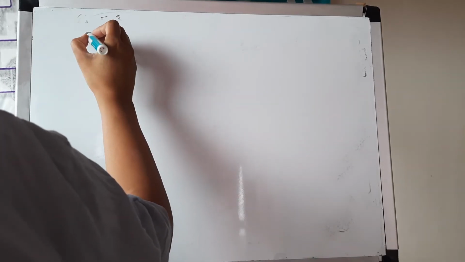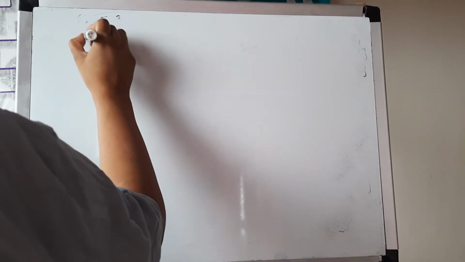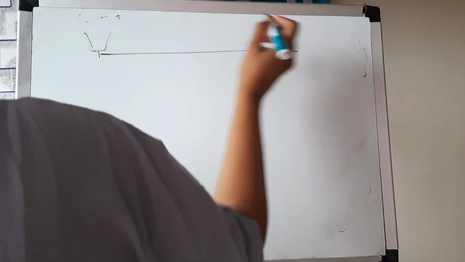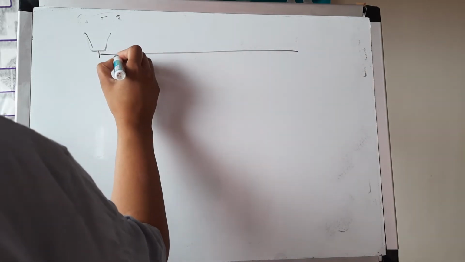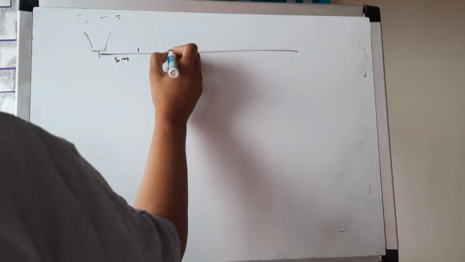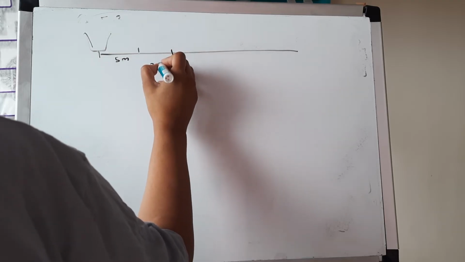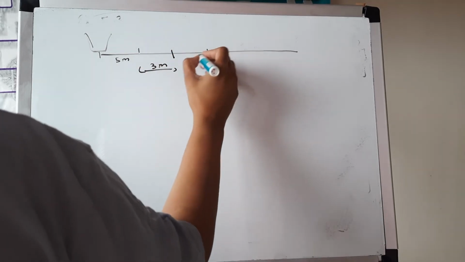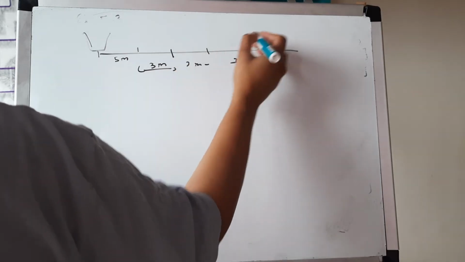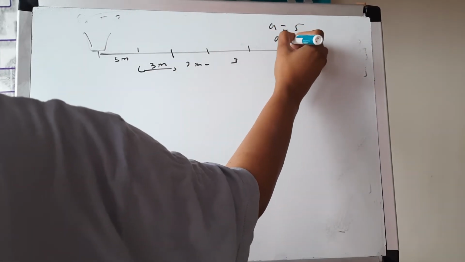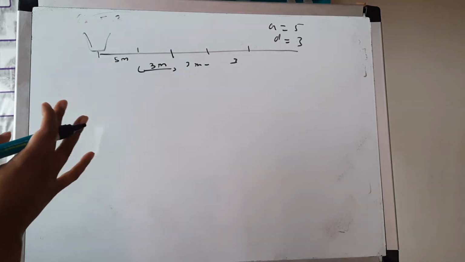Okay, in a potato race, a bucket is placed at the starting point, which is 5 meters from the first potato. So supposing there's a bucket. So first potato is here, it's at a distance of 5 meters. Second potato is placed at a distance of 3 meters. This is 3 meters, then 3 meters, then 3 meters. So क्या हो गया? A equal to 5, B equal to 3. ये समझ आ गया सीधे.